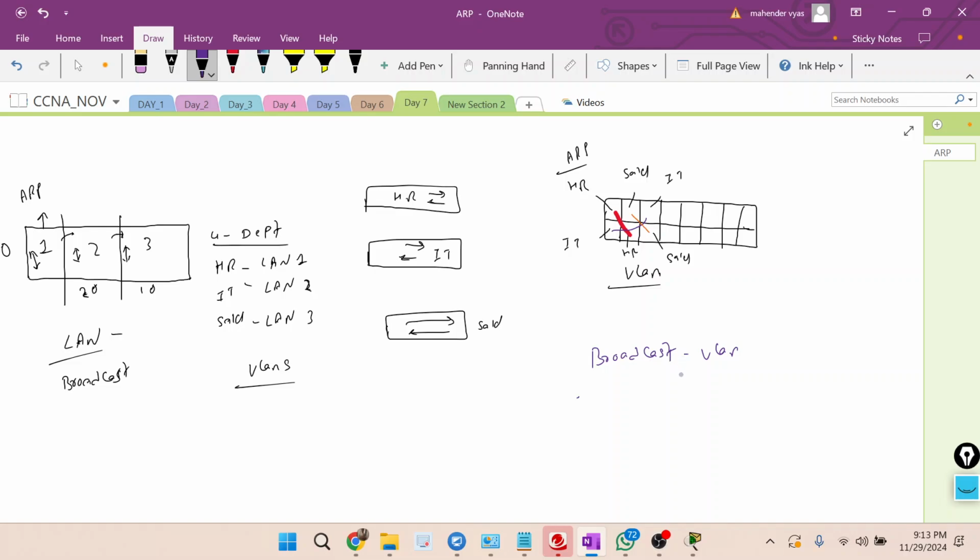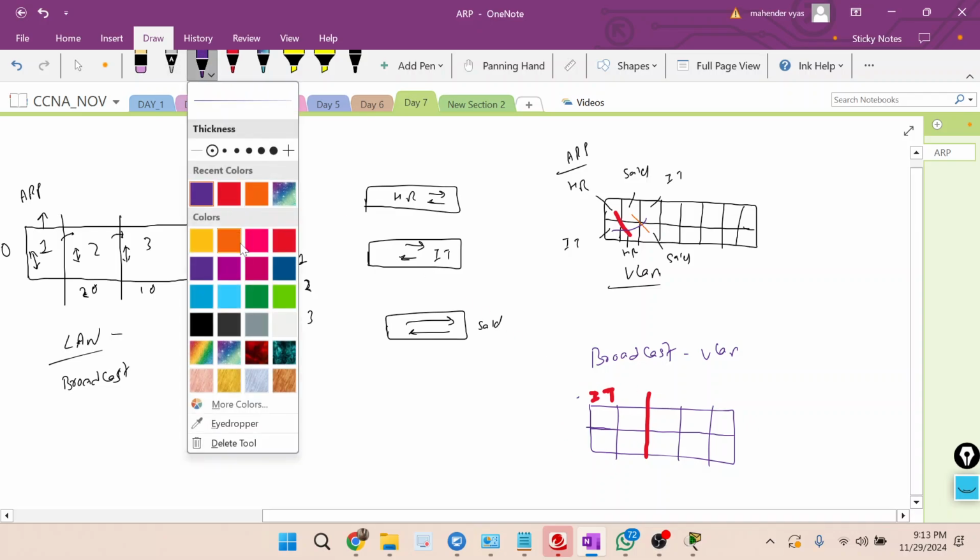How are we reducing this? See, it cannot be possible that the network will run without broadcast traffic, but we can reduce it to a particular area. Now within one switch, we are creating this particular table. This particular area will be IT, and the broadcast goes only till this level for the IT domain.